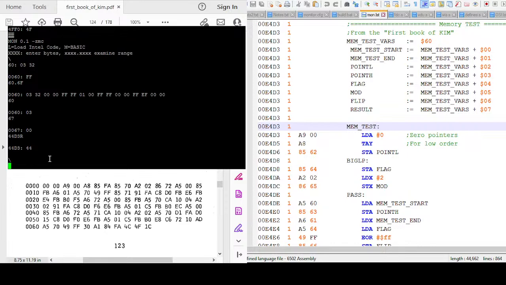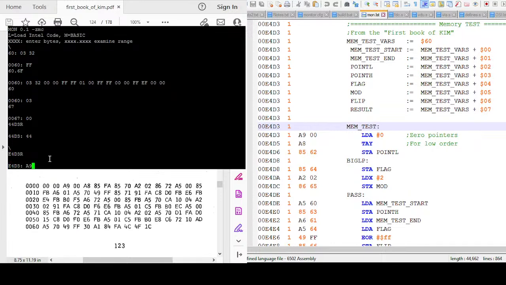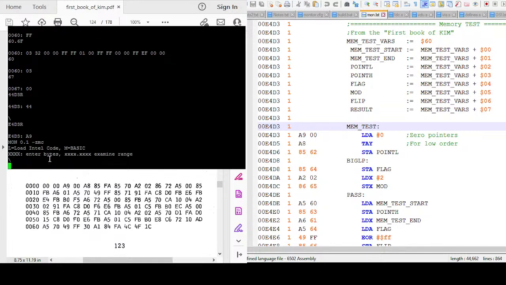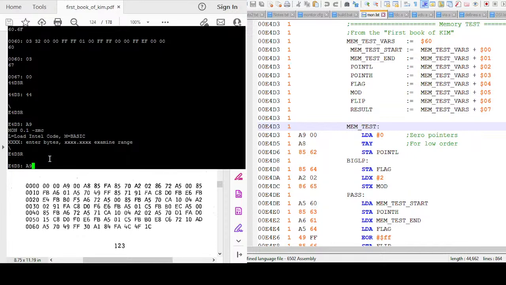Was that increment Y? Oh no, 44D3. That's not right. Oh no, it crashed again. Okay, so we've still got an issue with it. I do not know where it's crashing. Though, so now breakpoint is now working. We can debug it in a sense,